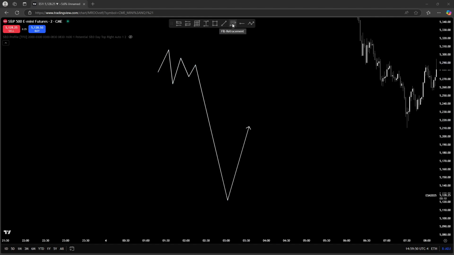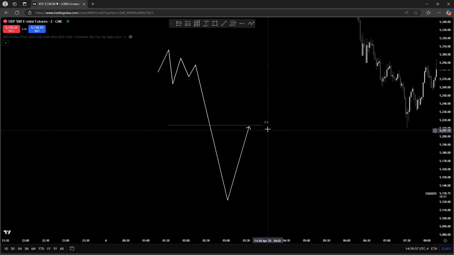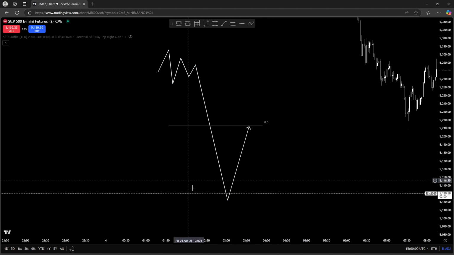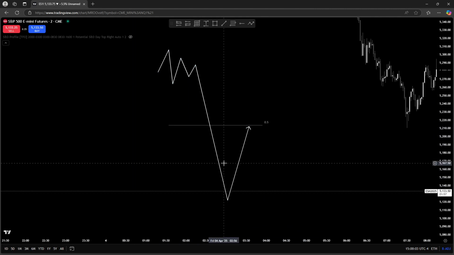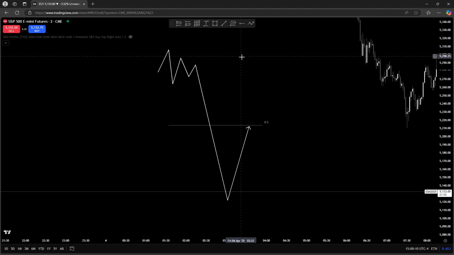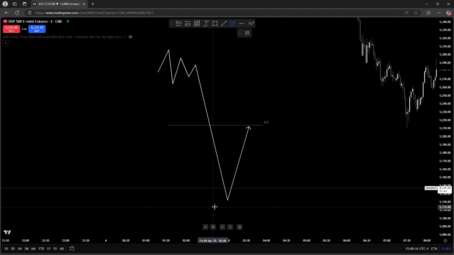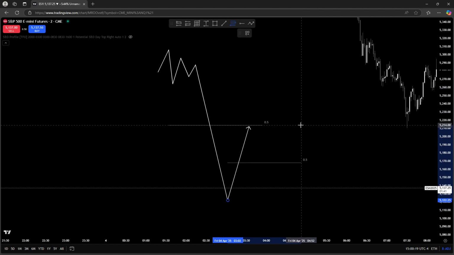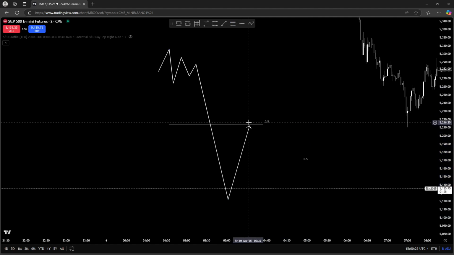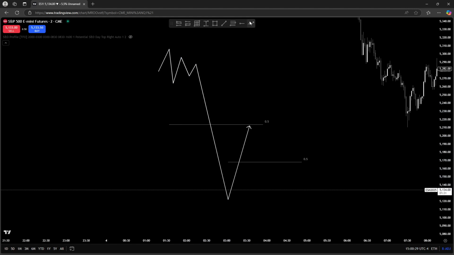From here, I mapped out premium and discount, and I noticed that we had already come into premium of this range that we created in the previous sessions, and this was before 9:30. Usually I like to take a trade past 10, 9:50, 10ish. So I'm waiting, and we created this range, the range to move into the 50, and then the range that we created to move into the 50.